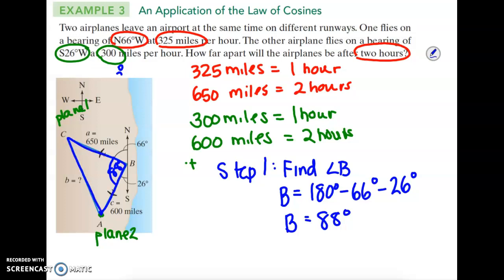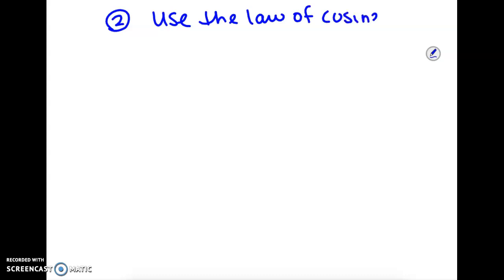I want to find side B. I have the other two sides. So I have a side angle, side triangle. Now I'm able to use the law of cosines. So I'm going to add a page here. So number 2, use the law of cosines to find